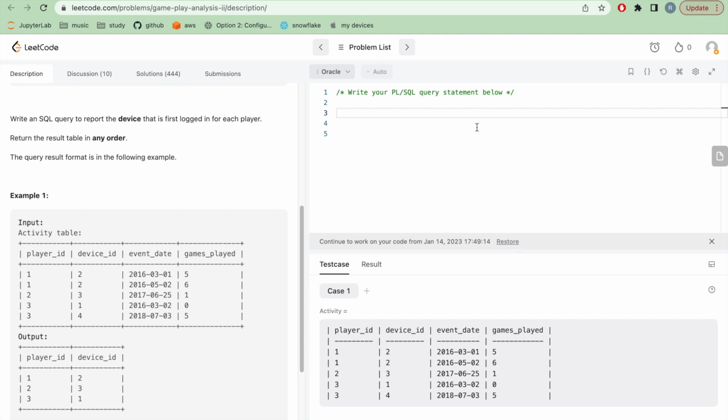So again, this is a type of question where cardinality changes from the input table and the output table, and in this scenario we usually find the minimum or maximum of a certain column, and in order to do that the best way is to use the group by clause, and we are going to use the group by clause with this query as well. Select star from activity table and